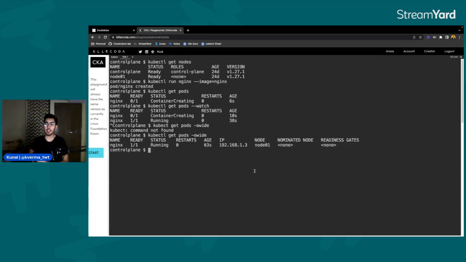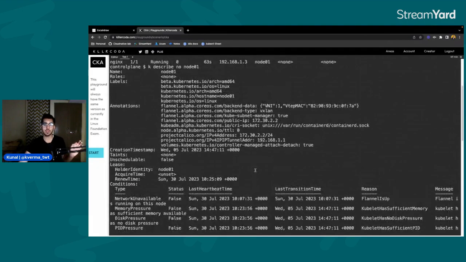So an important concept to note: the scheduler will not schedule the pod, the containerized application, or any new application that we want to run on the control plane node by default. It will always schedule the pod on the worker node. Why it does so, and why we cannot schedule any application on the control plane, is a separate concept called taints and tolerations. When we study that, we'll see the reason for this. I hope you got the idea.